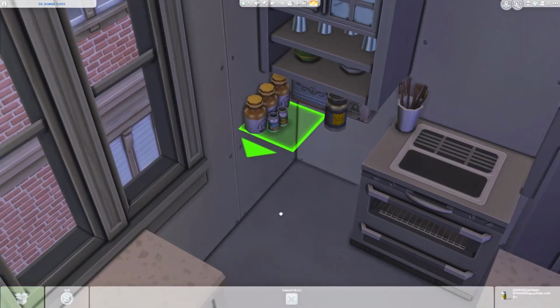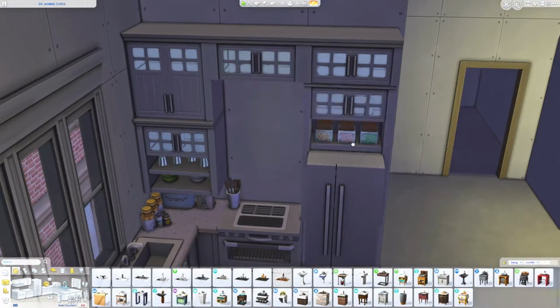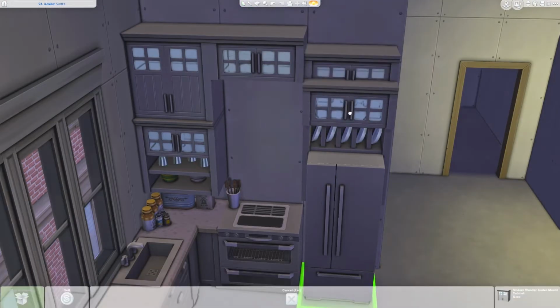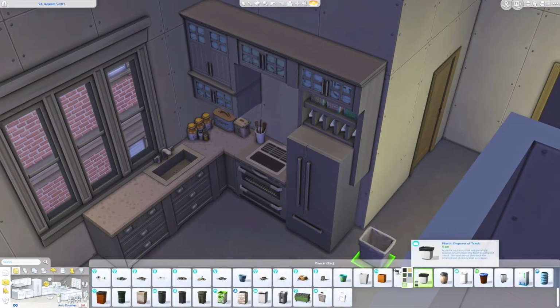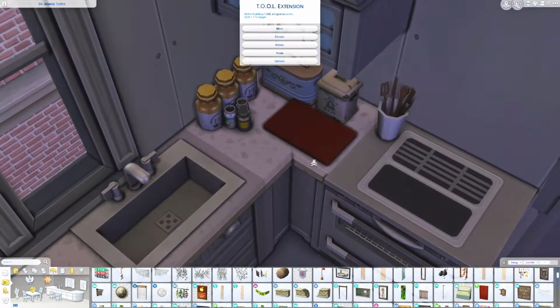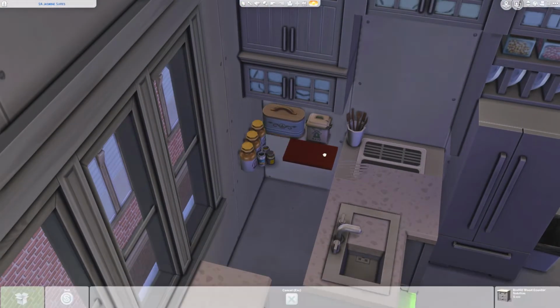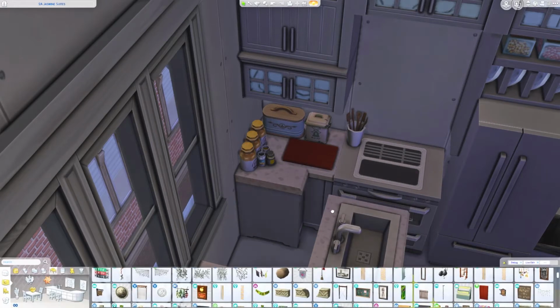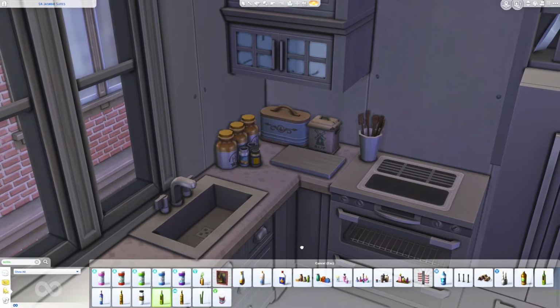So at the moment we are just in the kitchen and I'm working on this corner in the kitchen, just adding a lot of clutter. And if you've watched any of my previous speed builds, you will know that I adore making these really cluttered, realistic kitchens filled with all the stuff you'd usually find in a kitchen, especially when you're in the middle of preparing a meal. So I'm placing down some potatoes and I'm going to put down some vegetables on top of